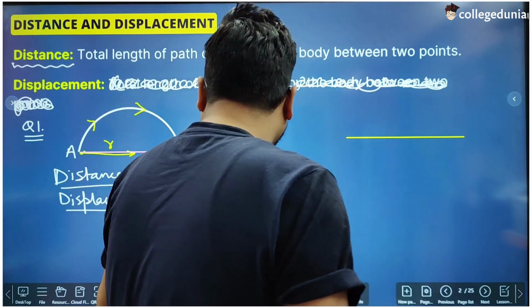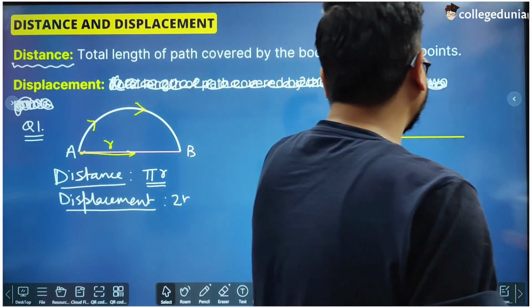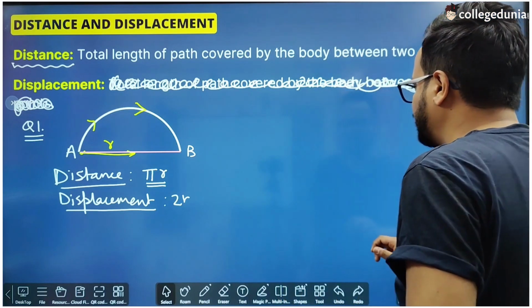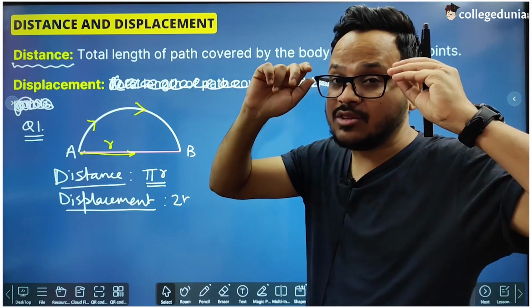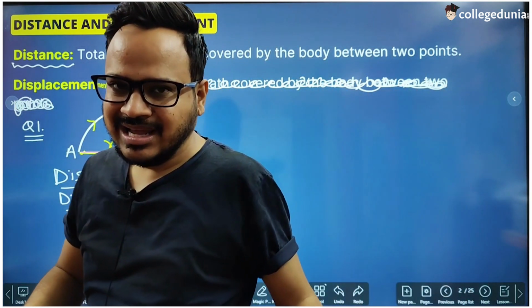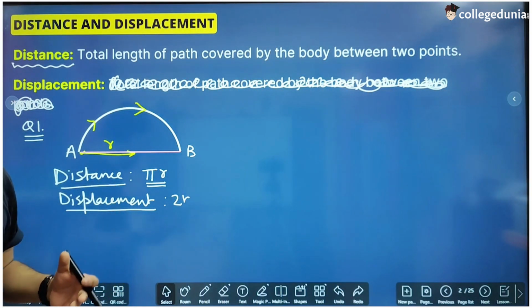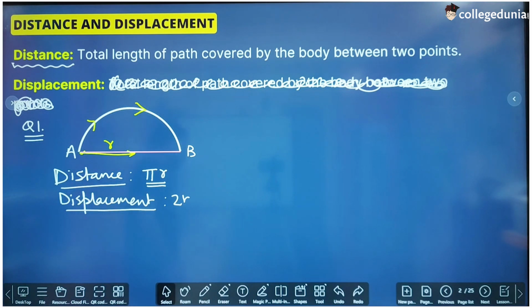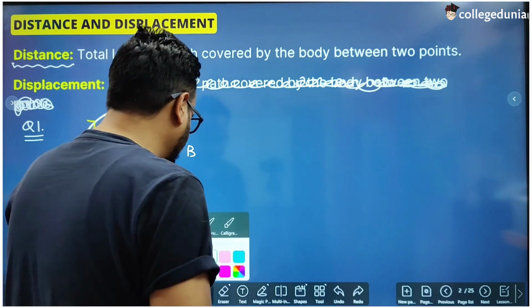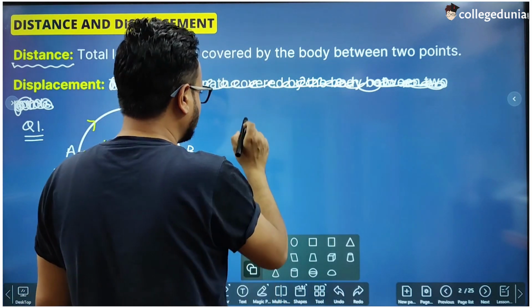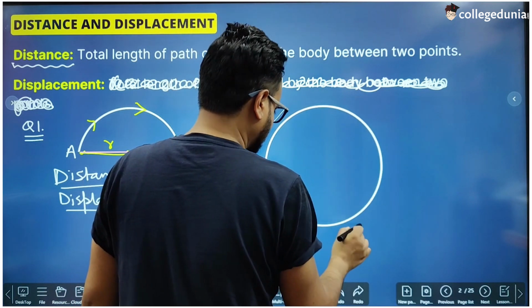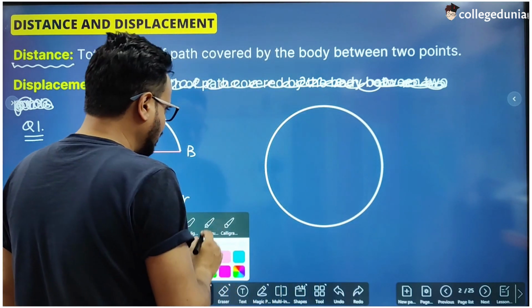So if the body is completing one circle, that we have already discussed, then in one circle the total distance is 2 pi r and displacement is 0, because the body is again on the initial point and the distance between initial and final point is 0. So displacement is 0. Now let's take one more example. This is another circle,